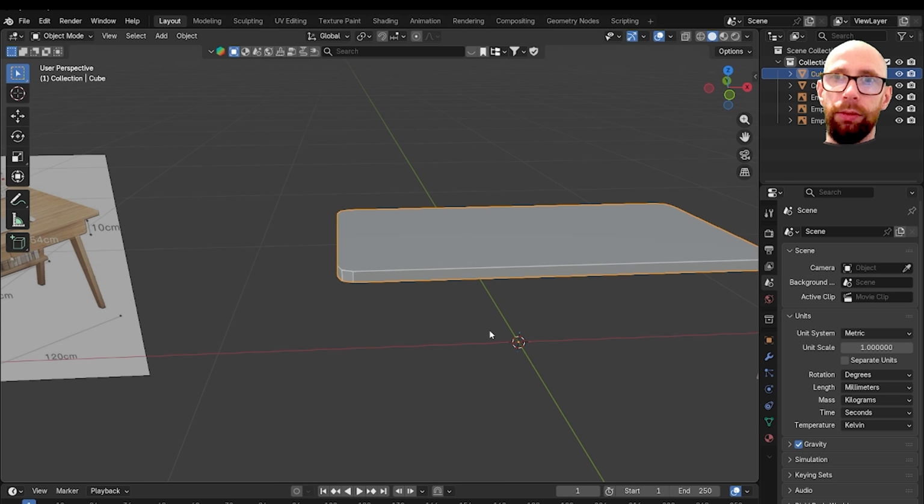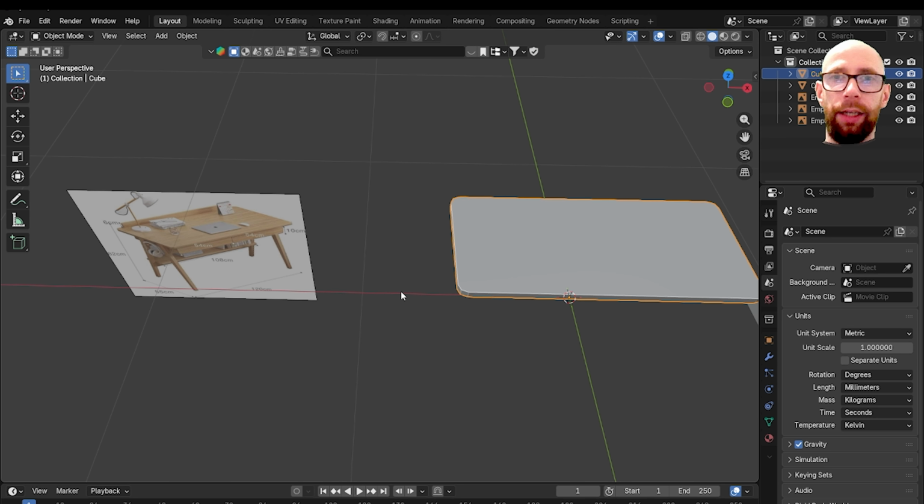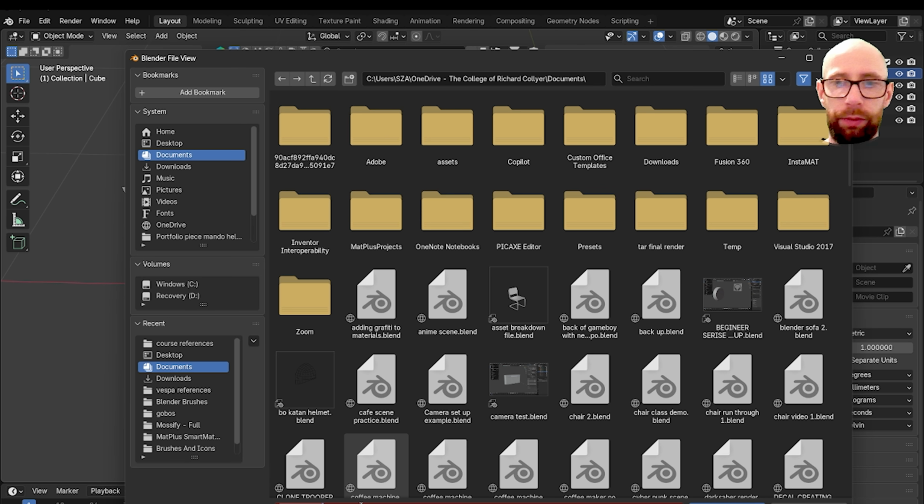Okay, so that is now the top of our table. Now we want to start adding some more details in. So I'm actually going to give this a quick save. And let's call this